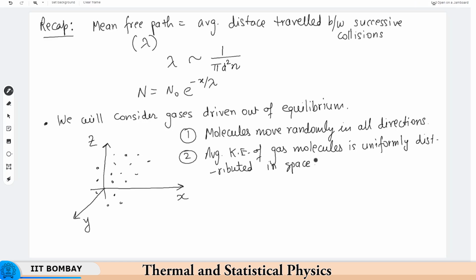All that means was, if I calculate the average kinetic energy of a gas molecule moving in one corner and in the other corner, that is the same, which means there is no temperature gradient, right. So, the kinetic energies are equally distributed, uniformly distributed in space. And the third assumption that we made was it is equally likely